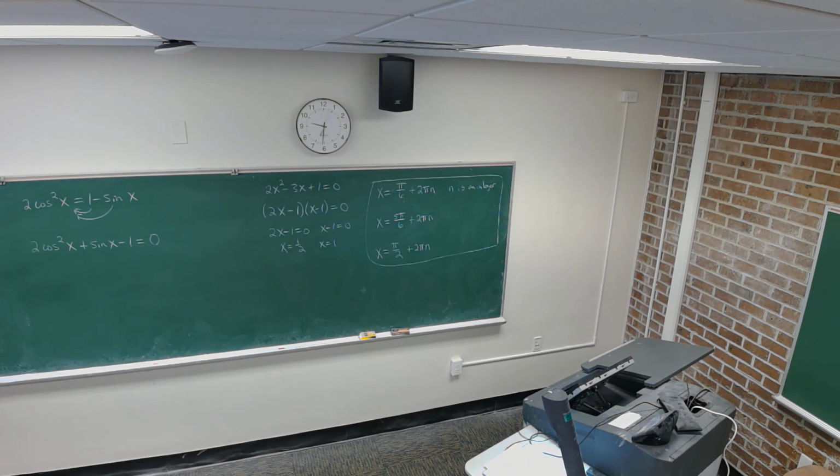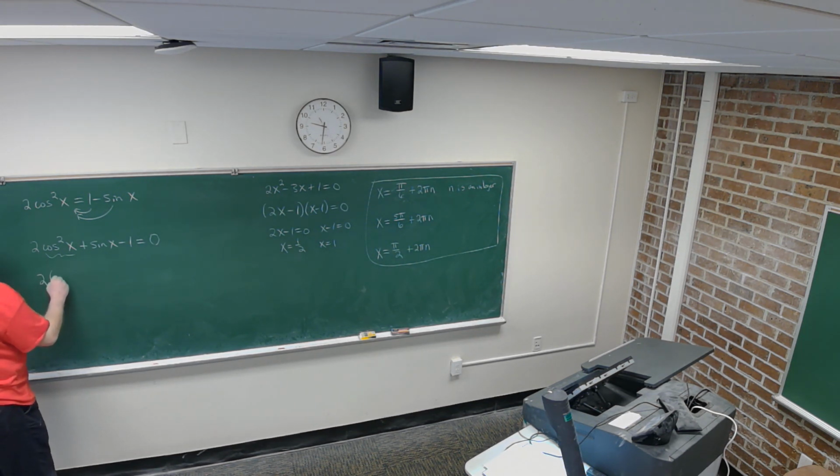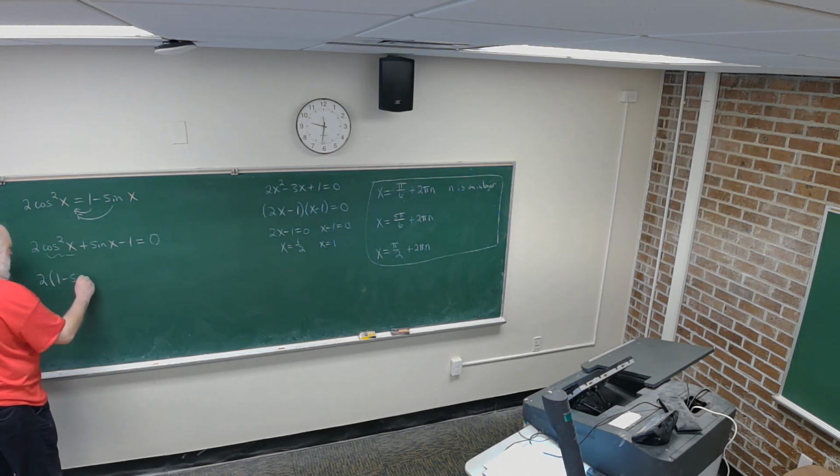And now I can replace cosine of x squared here with 1 minus the sine of x squared. And then the entire left-hand side of the equation is in terms of sine of x. And I can solve that quadratic equation. So I have 2 times 1 minus the sine of x squared